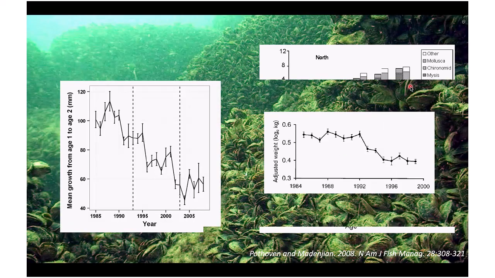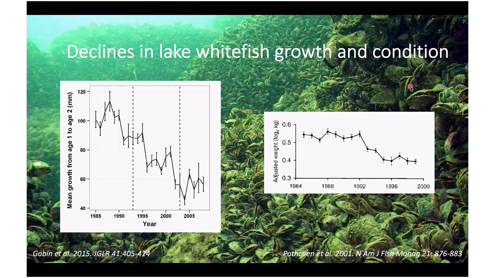So following the establishment of dry synods in several of the Great Lakes, we did see widespread declines in both growth and condition of lake whitefish. The figure on the left here is showing the juvenile growth, so growth of whitefish between ages 1 and 2 over time in Lake Huron. And the first dashed line represents the year in which dry synods became established. And then the second is a subsequent collapse of alewife when a regime shift was thought to have occurred in